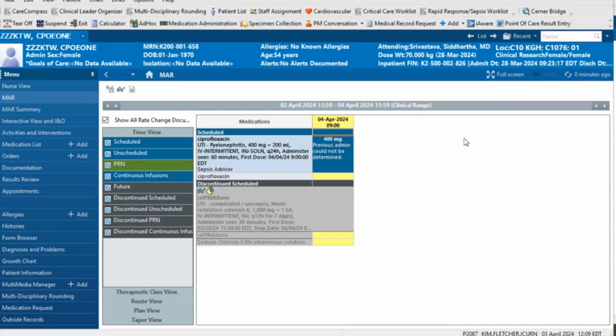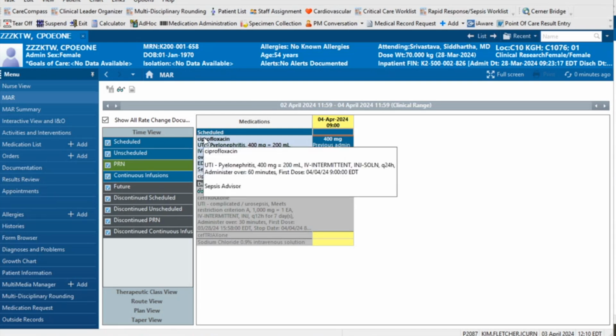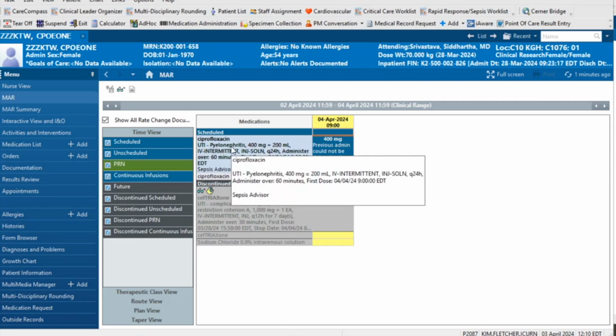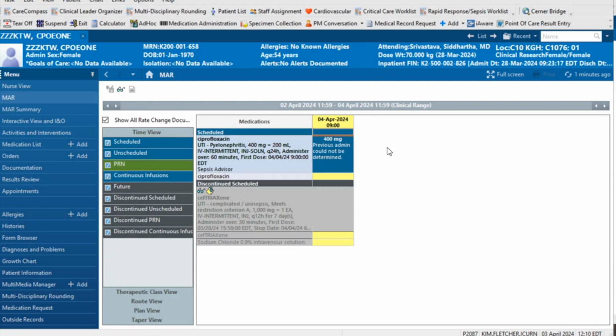I'm Kim, and I'm logged in again as a nurse, and we're just trying to demonstrate what happens when the pharmacy does their verification. If everybody remembers, when we first looked at the ciprofloxacin here on the MAR, there was a mortar and pestle icon. That has now gone away, and the medication has been verified by pharmacy and reviewed by the nursing, and we could go ahead and